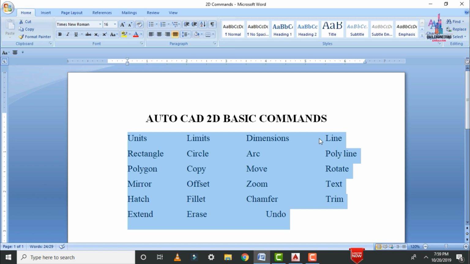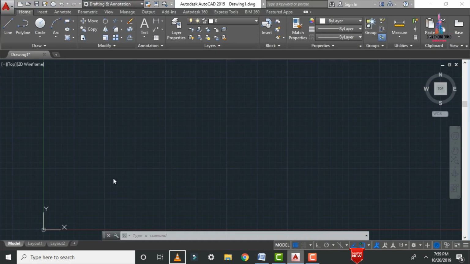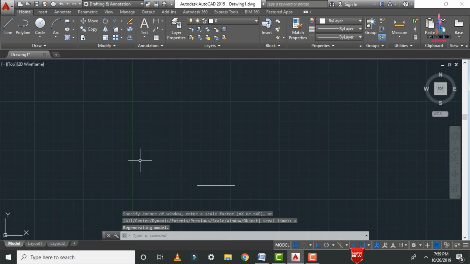The next command, the fourth command, is the line command. This is one of the most important commands. Basically this command will be helpful for drawing lines in the horizontal direction and vertical direction. Click on L, enter. It will ask you to specify the starting point. Initially I will select the starting point. Click on the F8 option, the on-off button. Let us consider the distance here, I am taking it as 20 feet 0 inches. Click on enter. After that click on Z, enter, enter. Now we can see a 20 feet line is drawn here like this.